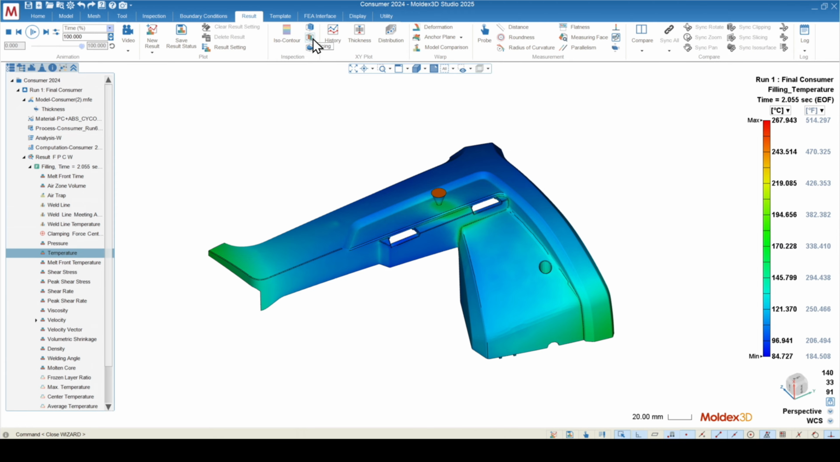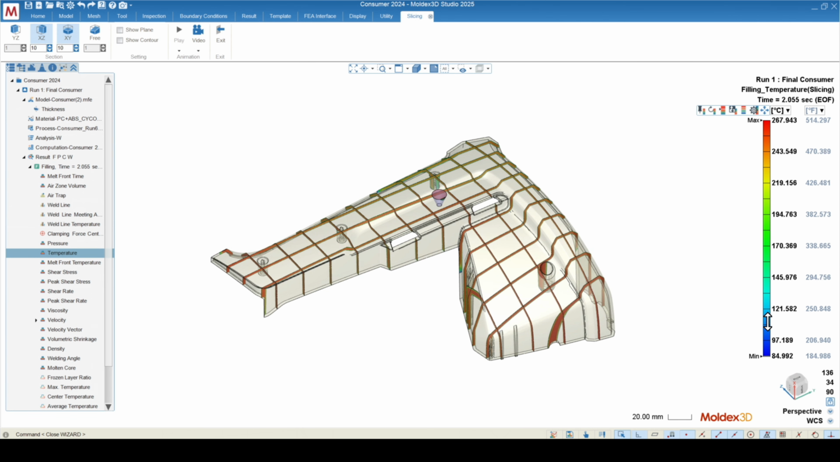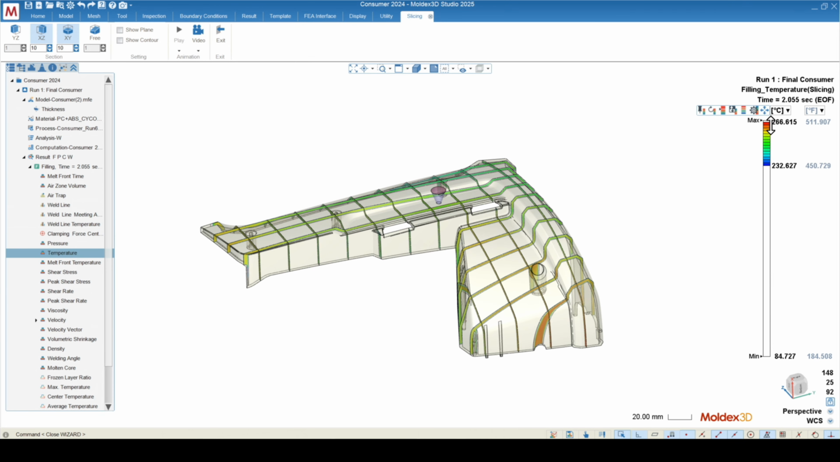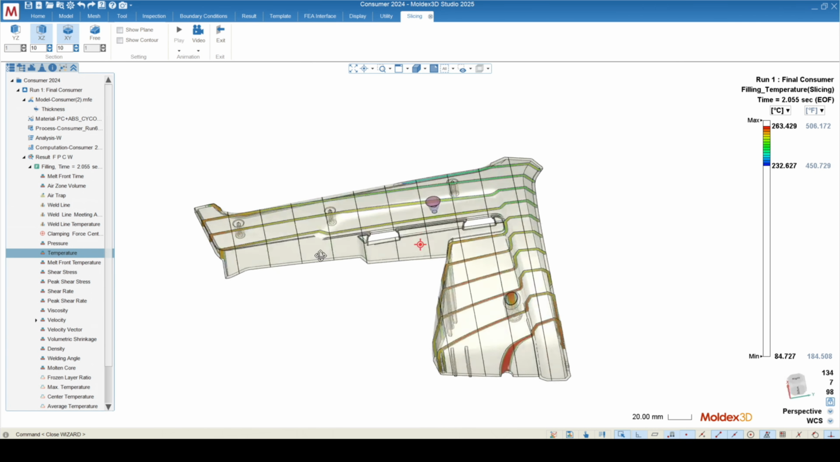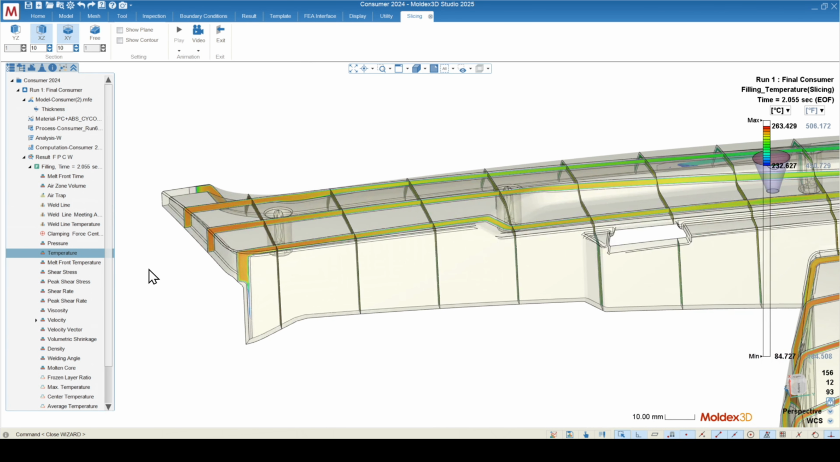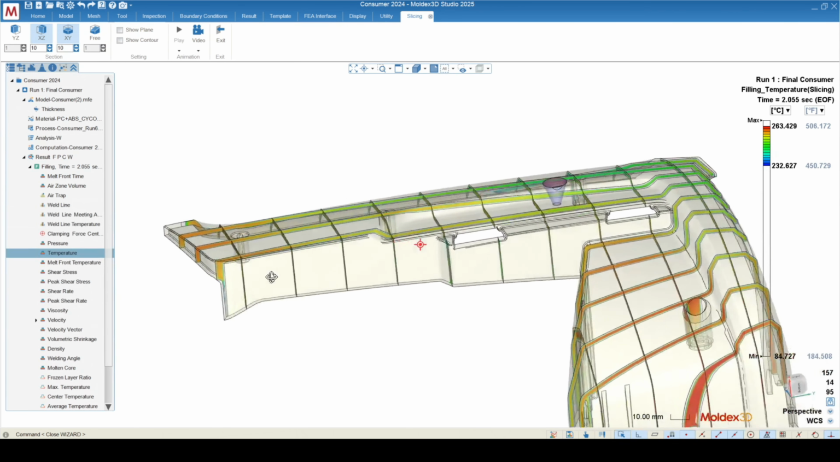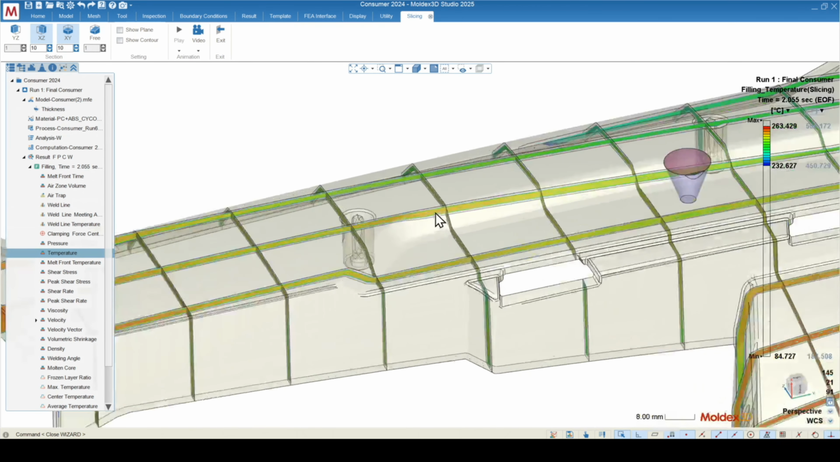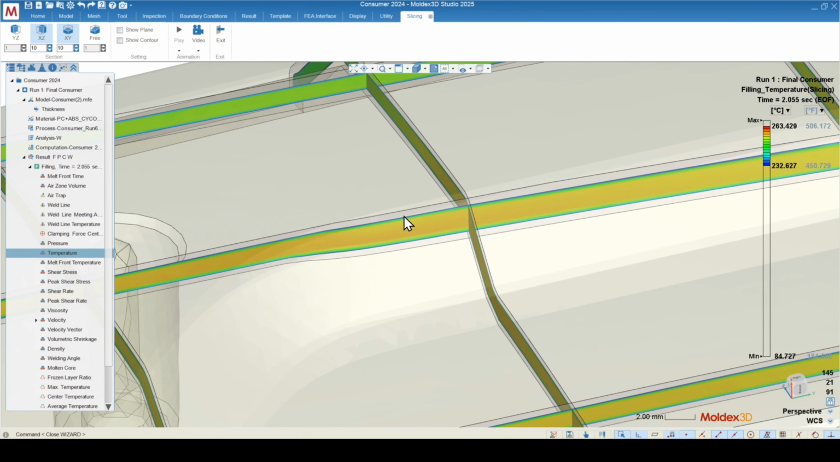If I go to that same temperature slice, and I can modify my scale, I'll bring down the maximum on my scale a little bit. We can actually see that the highest temperature material is actually at the end of fill in this analysis. This situation is what we call shear-dominated flow, where the temperature actually increases over the length of flow, and this is caused by the friction of the moving material through the core rubbing up against the colder material that's in